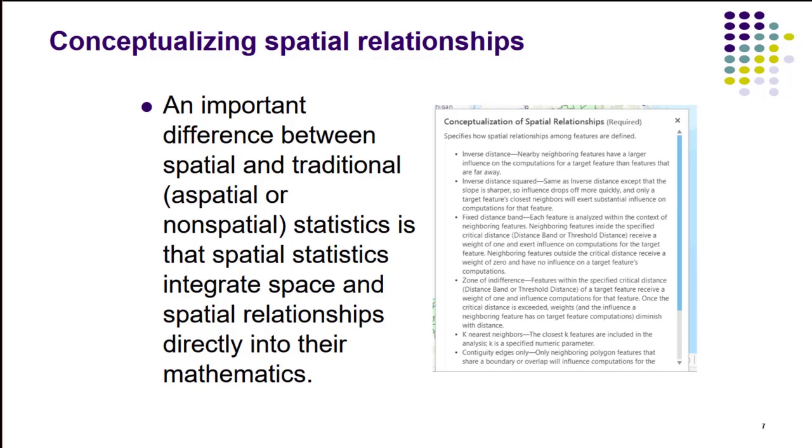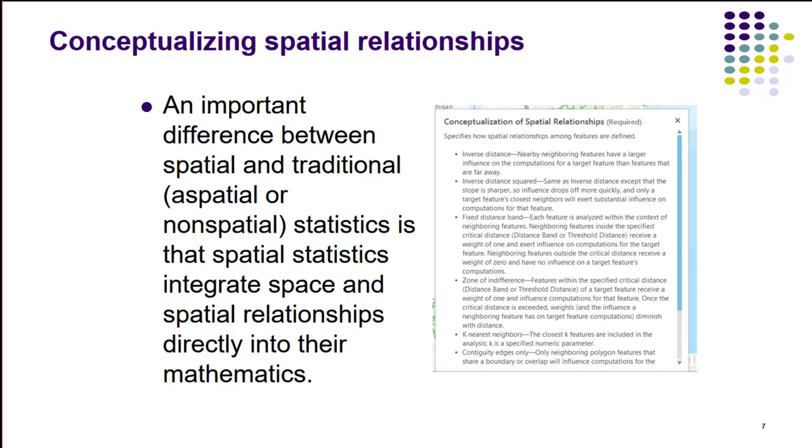So in those cases, if you know that distance or size, you can put that fixed distance band in. So an example would be a zoning ordinance that affects things only within 2 miles. So that fixed distance band of 2 miles could be applied to look at the impacts of neighbors on that